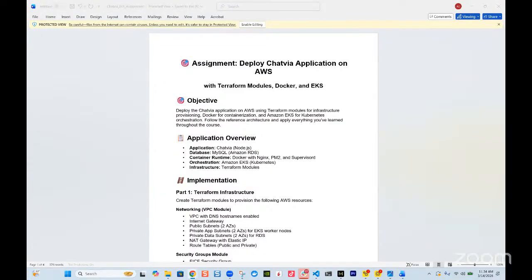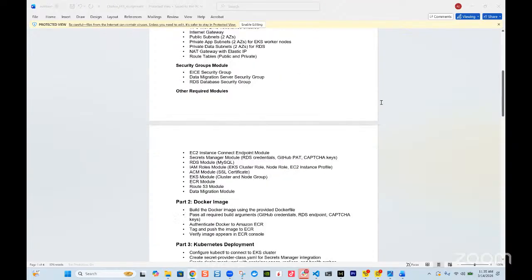Aziz, for this project, do we have a database separately? Since it's not in the folder that you sent? No, it will be the same thing. Your database will be RDS.